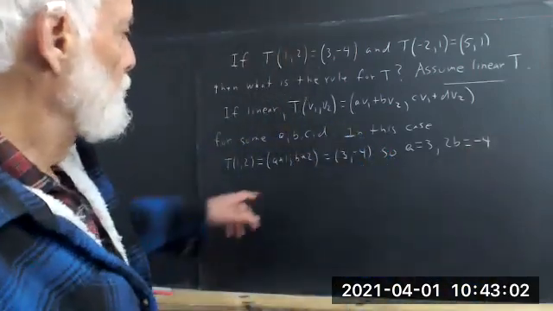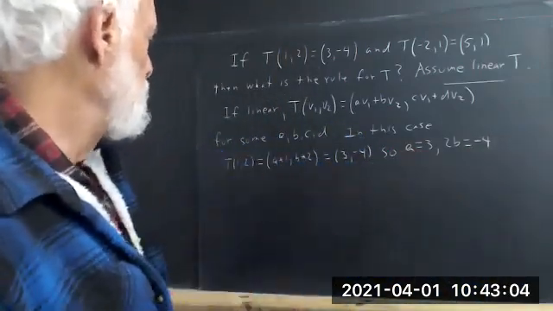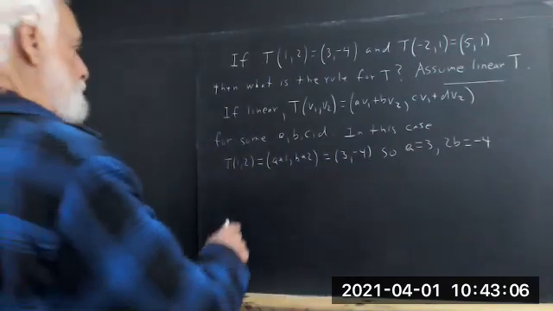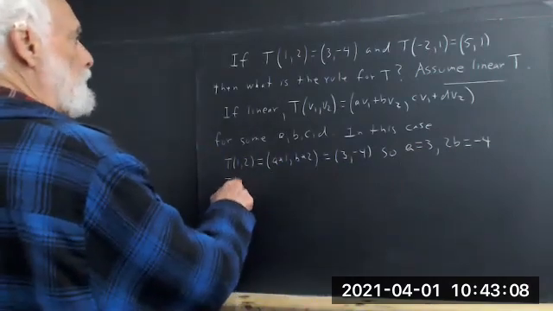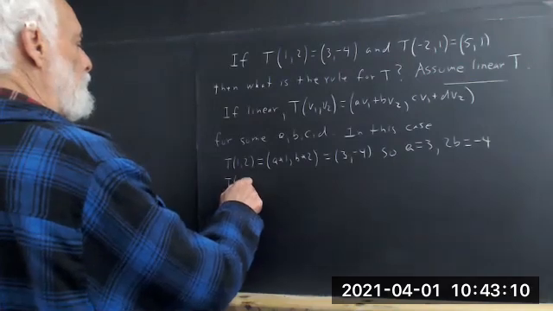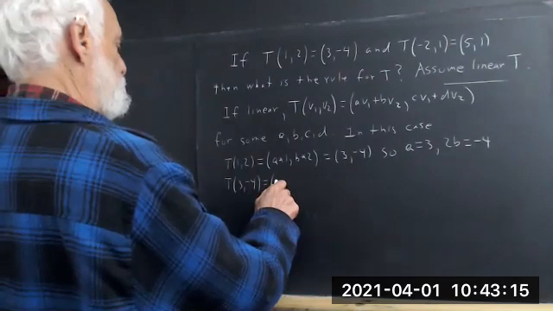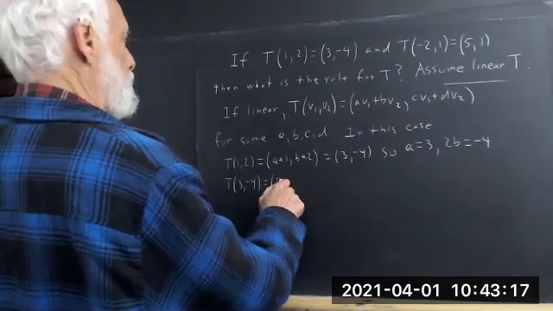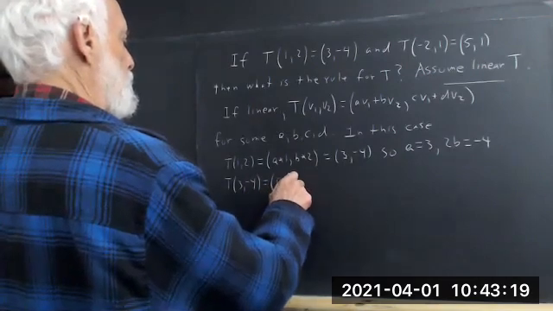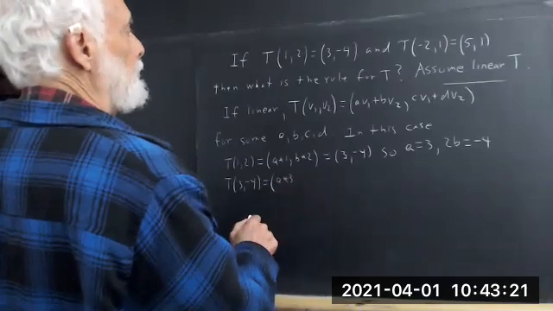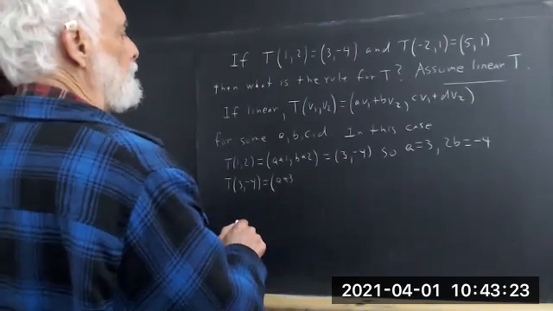So that has to equal 3, and 2B has to equal negative 4. And then T of 3, negative 4 has to equal A times 3, and